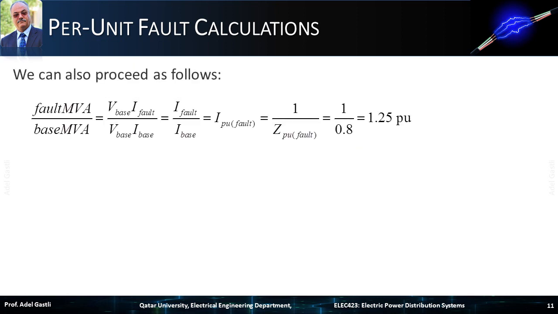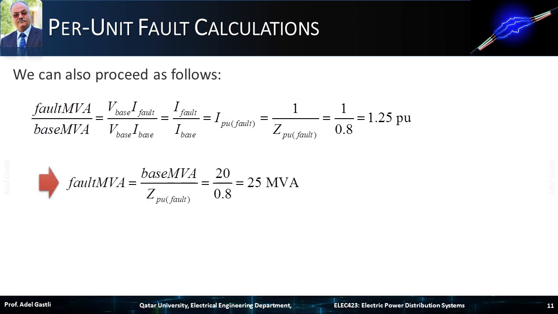We can also use the power relations and calculate the per unit fault current as shown here. As you can notice, the ratio of the fault MVA over the base MVA equals the per unit fault current, which equals also the inverse of the per unit fault impedance. The fault MVA at point A is calculated as the ratio of base MVA over the per unit fault impedance,